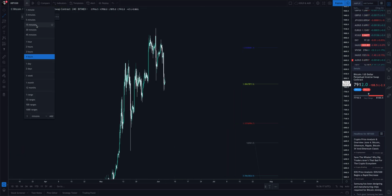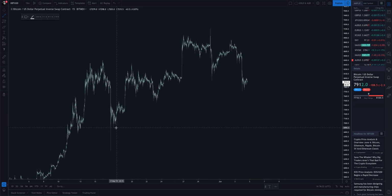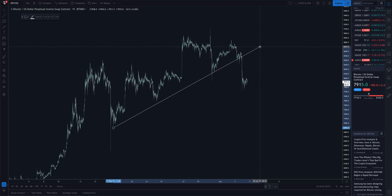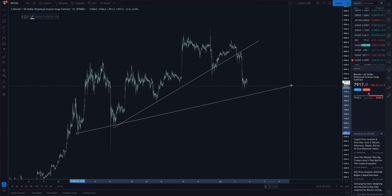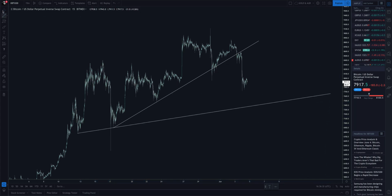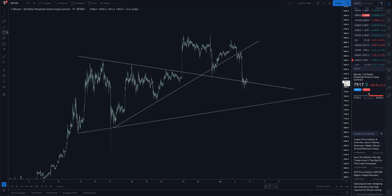So we're going to look on the 15-minute and just look at the recent price action, to get an idea for what's been going on. We broke some pretty important uptrend lines yesterday, which is not a great sign. So if we take a look at some of the more important trend lines we've got in here, something that I noted to the members yesterday in the Discord group in Bitcoin Watch was that we're breaking some pretty key uptrend